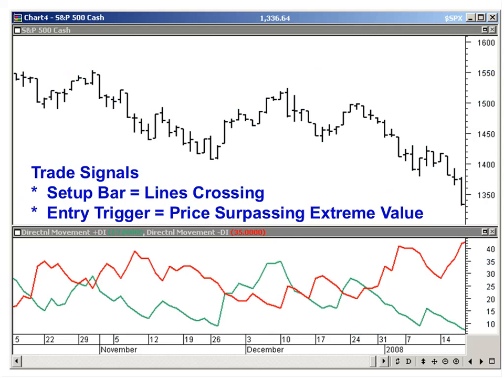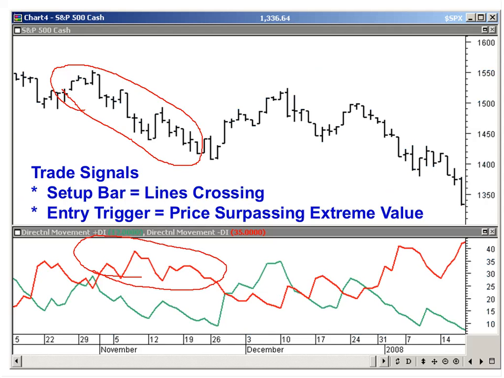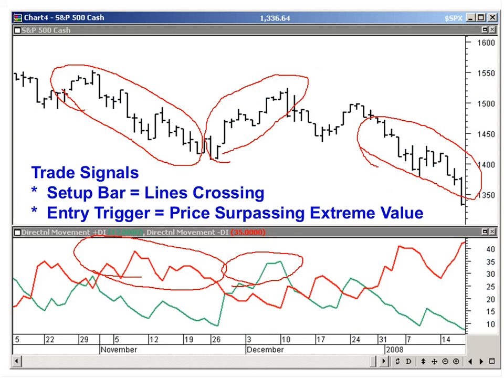So when you put this together, in the window below, you have a red line and a green line. Generally, when the market is going down, the red line is above the green. When the market's going up, you have an uptrend, and the green line is above the red. Here we have a downtrend, and that's when we see that the red line is above the green. See that? Okay, so in the world of DMI,